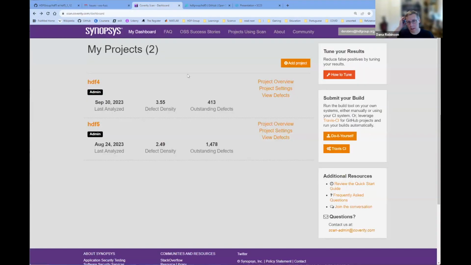Also, we started doing Coverity again. So we submitted a build of HDF5 and a build of HDF4, which has fewer defects, which is very surprising to me given the code quality of HDF4, although it's a much smaller library than HDF5. Of these defects here, pretty much every API call in the library is flagged as having a defect, which is probably spurious.